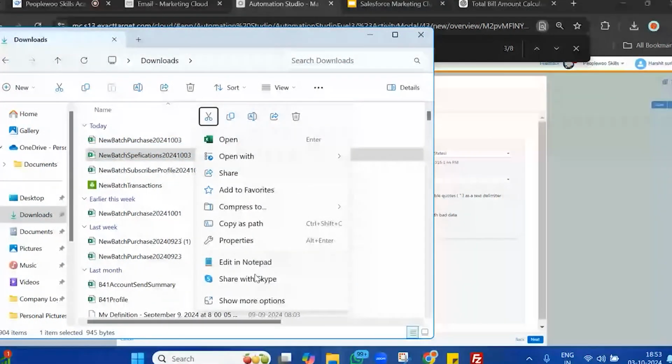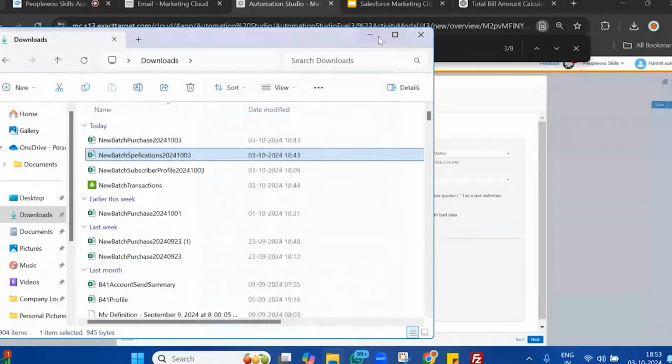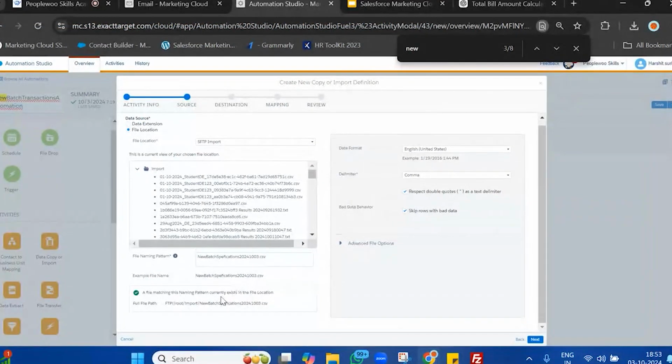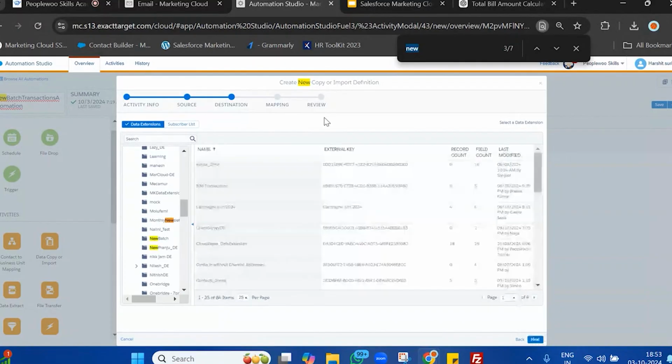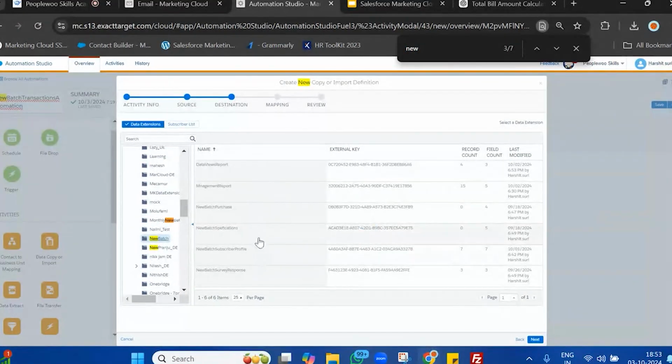In file naming pattern, while import, you have to define .csv as must parameter. It has detected that file. Click next. Select the data extension, which is specification. And once it is done,